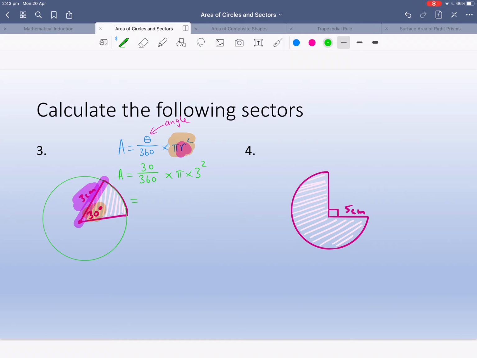So we keep working that out. It simplifies down as 1 over 12 times pi times 9. Right here you can pop it in your calculator already to work it out. And I actually suggest you should, so I'm going to do that myself. Just put this original one in your calculator and you should get an answer. So I'm going to put in 30 over 360 times pi times 3 squared. And we end up getting